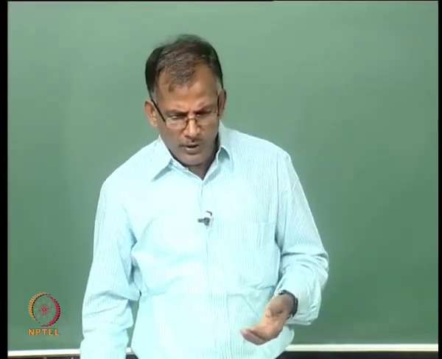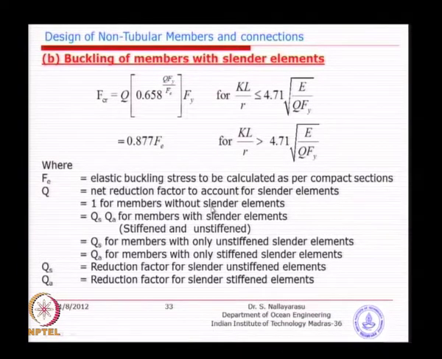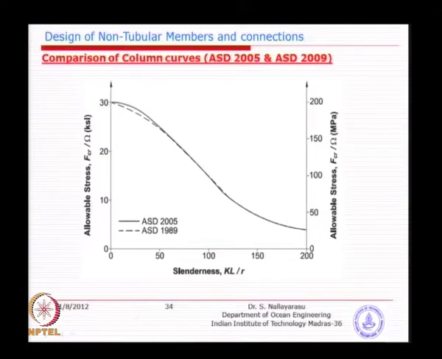So, in here 1 is for members with no slender elements, Qs multiplied by Qa for members with slender elements, Qs and Qa for unstiffened and stiffened. So, basically you will calculate separately, Qs for members with only unstiffened elements, Qa for members with only stiffened elements. So, you have slender but stiffened elements, but still you will not be able to achieve 100%, because there could be a reduction. So, these values need to be calculated. Again they are empirical formulas given for that, I think it is coming here, but before that you can see